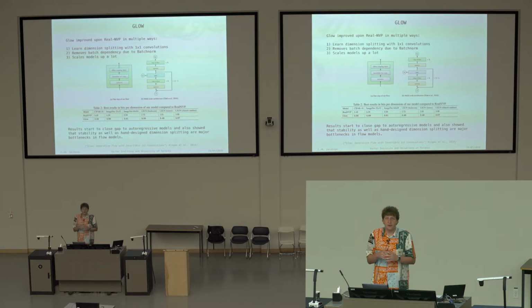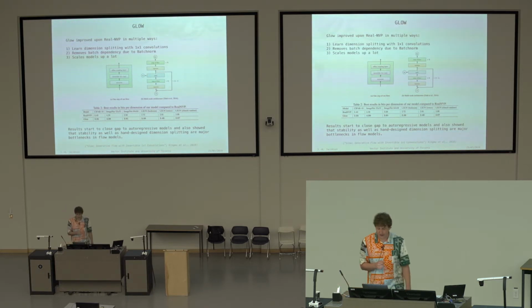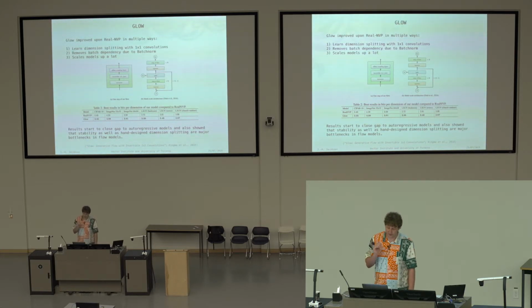And then they simply scale the models up by a lot. Now the coupling block is on the right, and on the left we see the full network. We basically just stack multiple coupling blocks on top of one another, and in between we have what is called a splitting operation. Say after a third of the network we factor out half of the variables already and model them right away. Then after another third of the network we factor out half of the variables, model them right away, and so on.